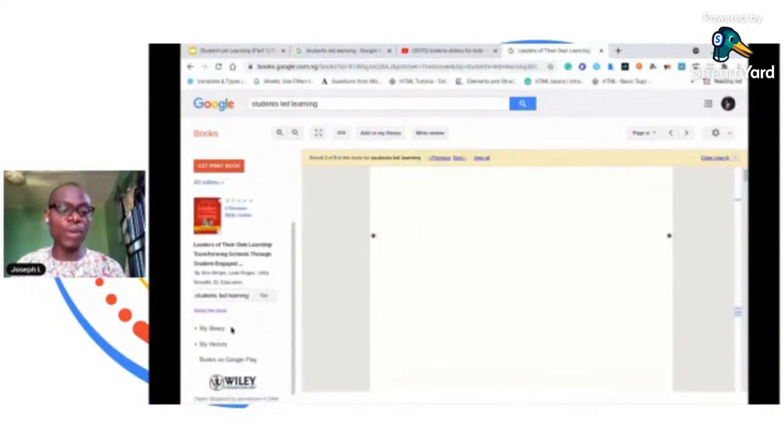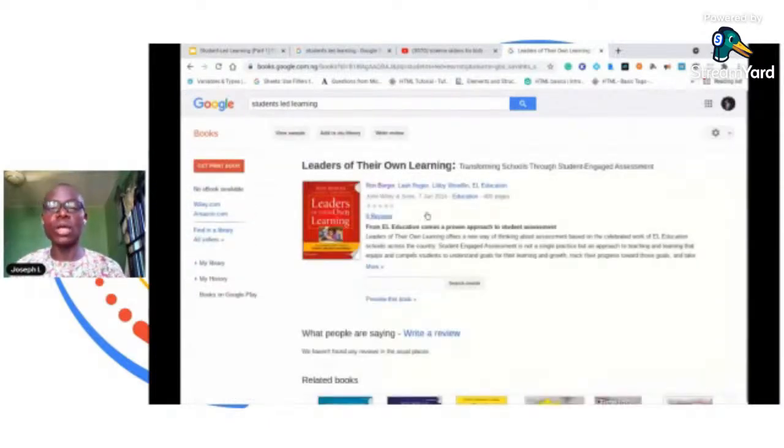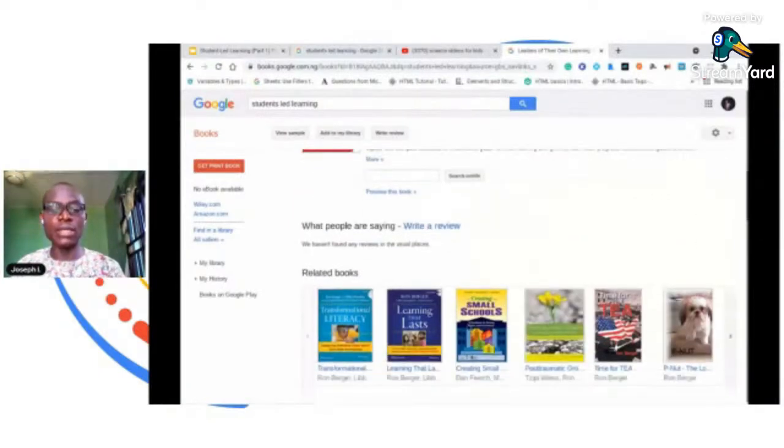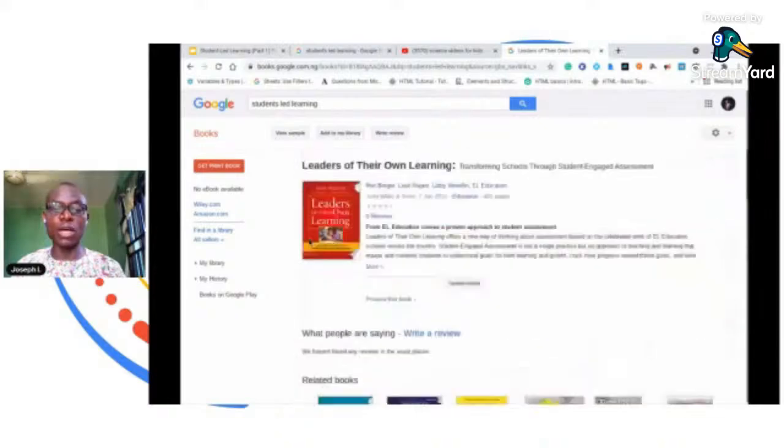Then also come to the About This Book section. Click on it to get more information about the book, the author and other books that have been written by the author. You also see related books to this particular book. Also, you can add the book to your personal library. Make sure you have signed in with your account. So you can add this book to your personal library, such as Favorite, Reading Now, To Read, Have Read. So this is another great way of encouraging our students to self-teach and encouraging student self-learning.